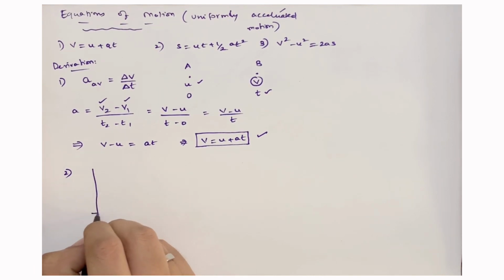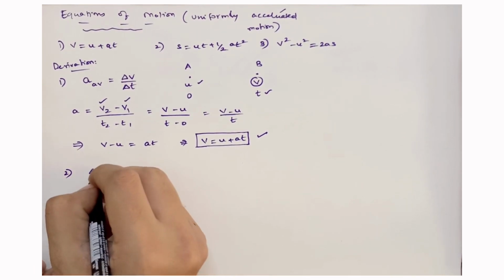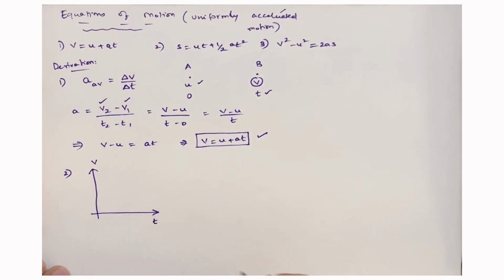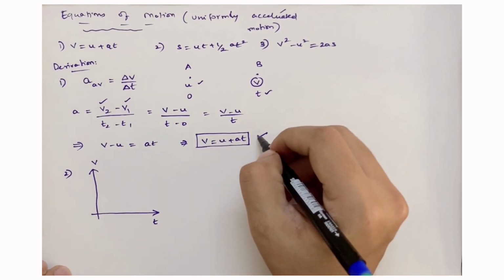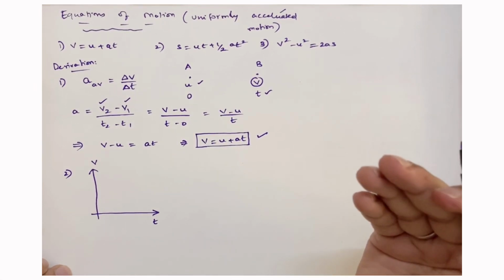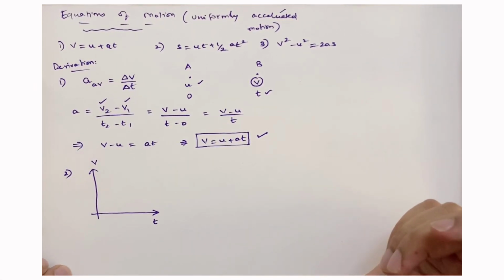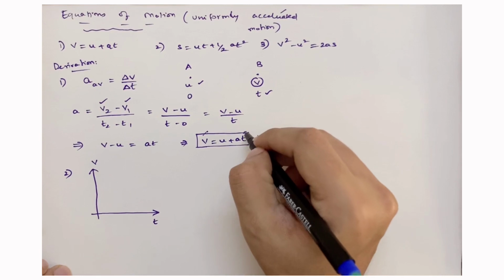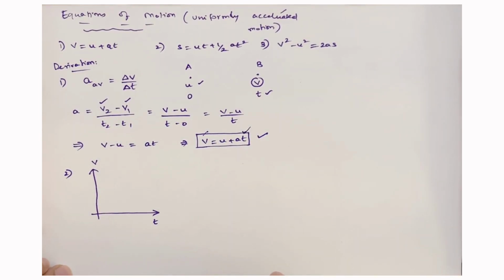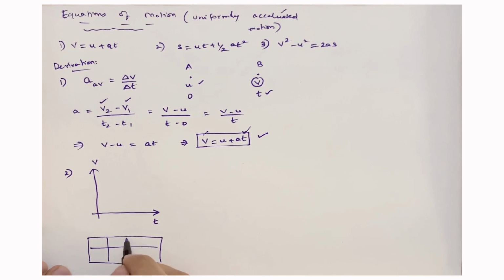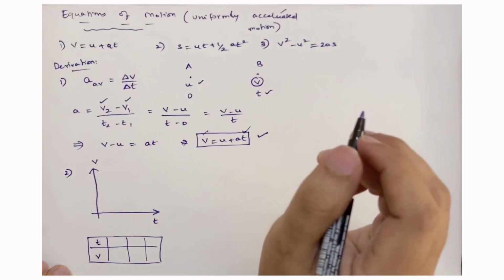if you draw a graph showing the variation of velocity with respect to time, from the previous equation we can understand that when an object is having a uniform acceleration associated with it, then velocity and time are mathematically going to follow a linear equation in two variables concept. So, what we can do for that is, we will prepare a small table where we will take some inputs and output. So, let us say t is the input and v is the output.